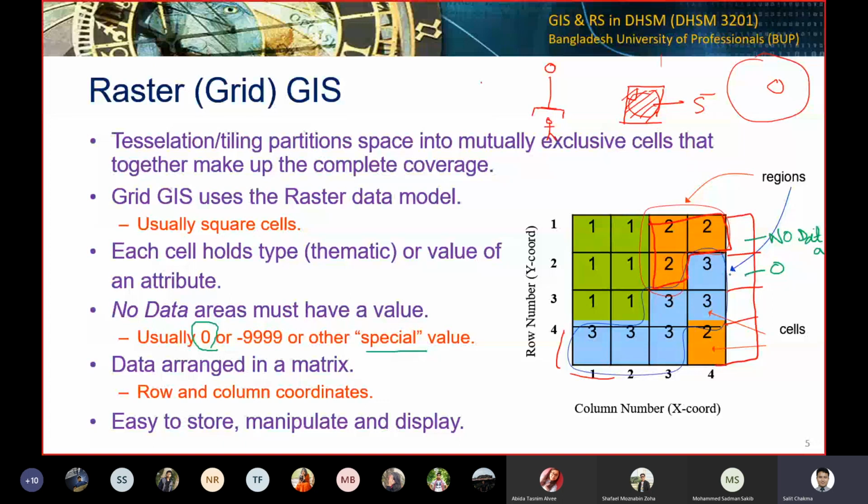Instead, try to use no data or null, or simply use a very high negative value. For example, -9999. So now, if you can recall,